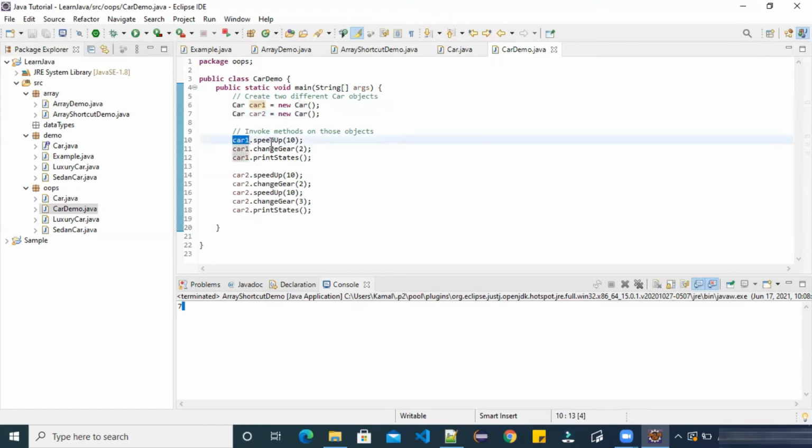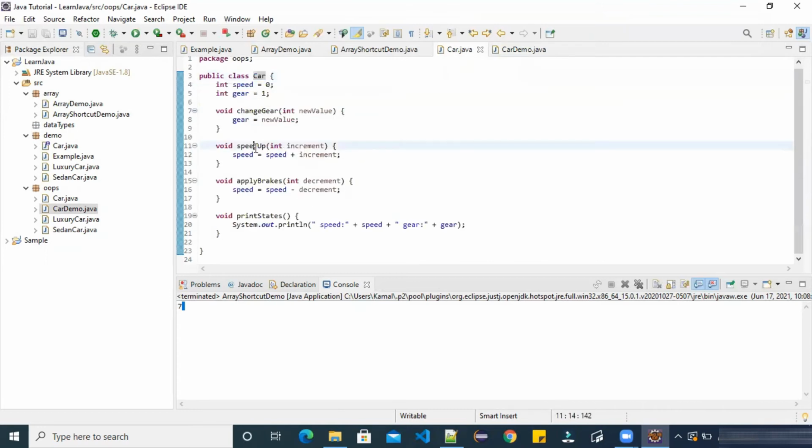Let's say for the first car, I am applying speedUp by 10. Now speedUp, what was that? Any integer number passed in this method will be incremented, like speed = speed + increment. What was the speed initially? Speed was 0 and we have passed 10.